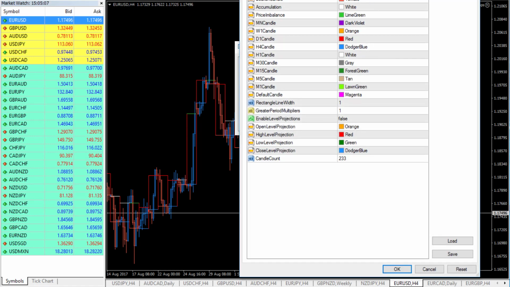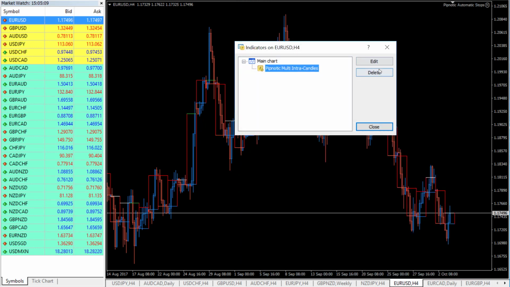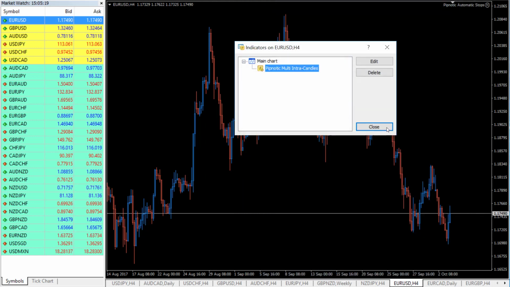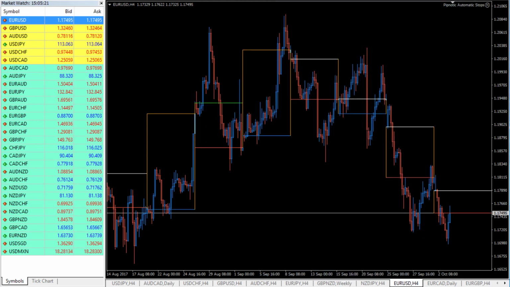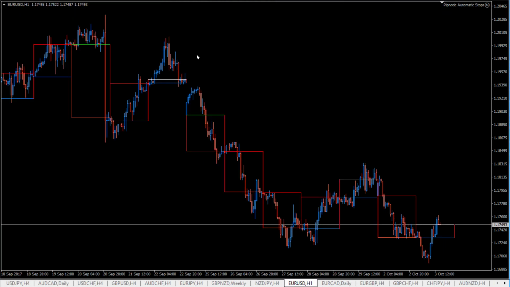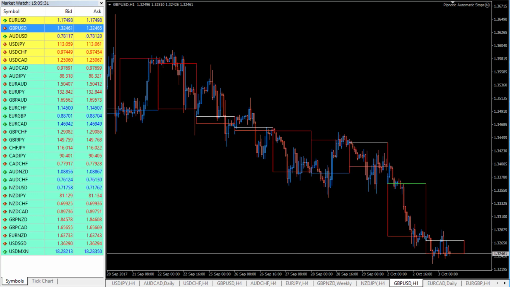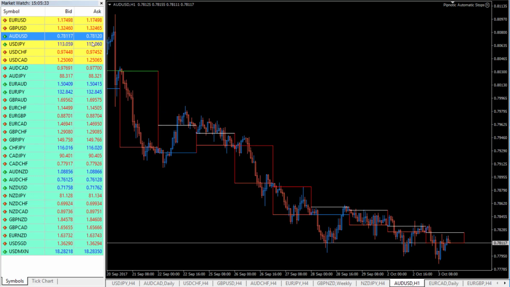And so what you can do is you can simply put this on, for example, 2. So you go to greater period multiply and you put it on 2 like this, and then you find your entries on, for example, the 1 hour, the 4-hour chart, and then you can find these really nice areas of which to trade. And they're not going to be on every pair, of course, but what you want to see is you want to see things like, and if you look at this, we'll just zoom out,